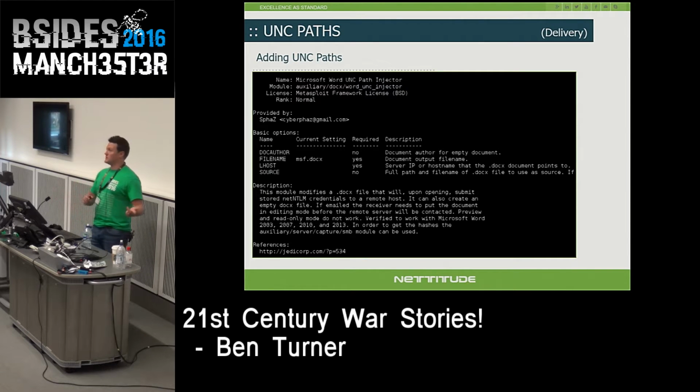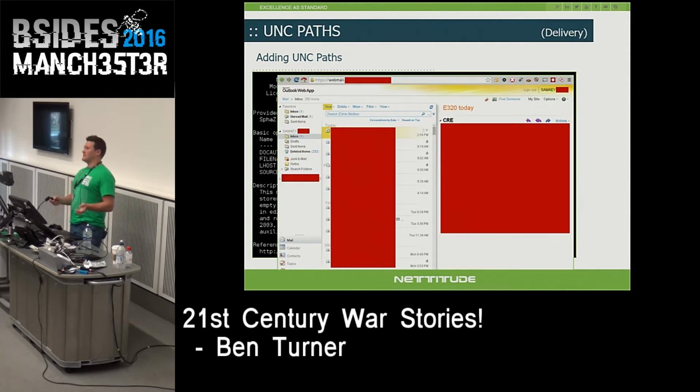And then in combination with, for example, single-factor systems, you might be able to use that to get into OWA and things like that. OWA has got a vast amount of information usually, and people just leave it on the internet for ease, really. But once you've done this type of attack, linked with UNC, you can then access loads of information. If you just search for wireless on Outlook Web Access, generally you come back with, oh yeah, this is the Wi-Fi password, it's changed, everyone. Or if you search for password, people just store random passwords in there. Also, credit card information, just searching for PANs and things like that, you'll find a lot of this information within OWA. And this is without even penetrating,